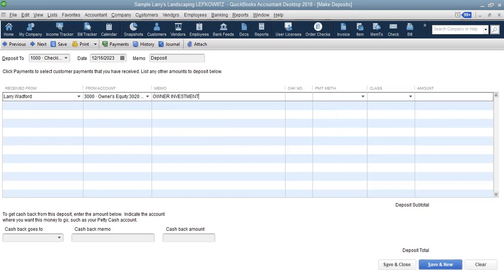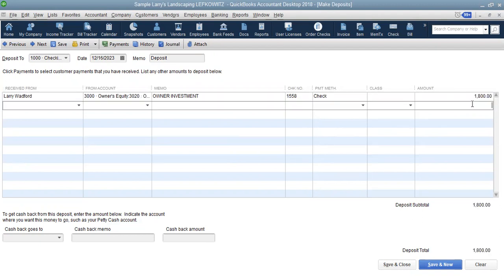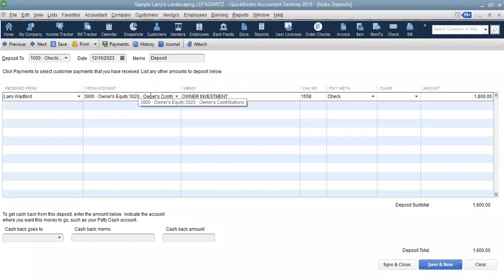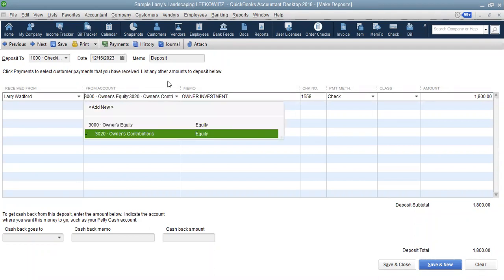Not even a must. And then you go with check number, because if I gave you a check number, why not type it? That's his check, 1558. It was a check. And of course, the most important thing is the amount. So really what's important on this screen is the amount, 1,800, and this account. If you miss this and you typed owner investment, you will not be able to save. Okay, I'll prove it to you. If you left this blank,